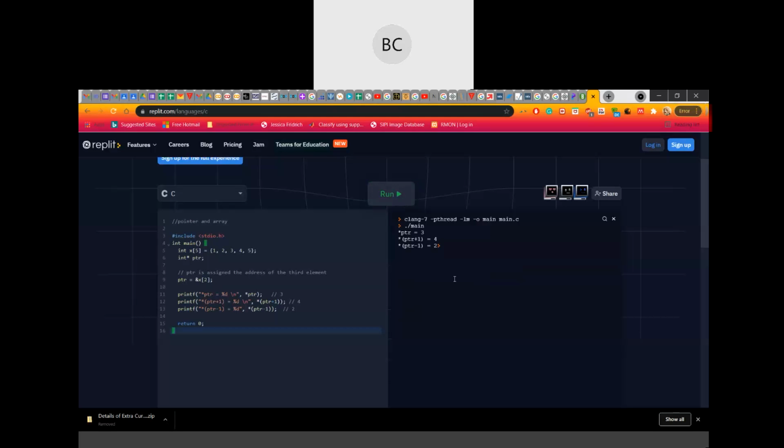So if you run this, value of pointer is your 3. Then value of pointer plus 1, that means 2 plus 1 is just the index, so it is 4. Okay, then pointer minus 1 will be 2. So you have stored the value of 3 into the pointer variable. Okay, now pointer plus 1 will give you 4, and minus 1 will give you 2, just the index. That's the simplest example you can get of how we can use pointer for array.